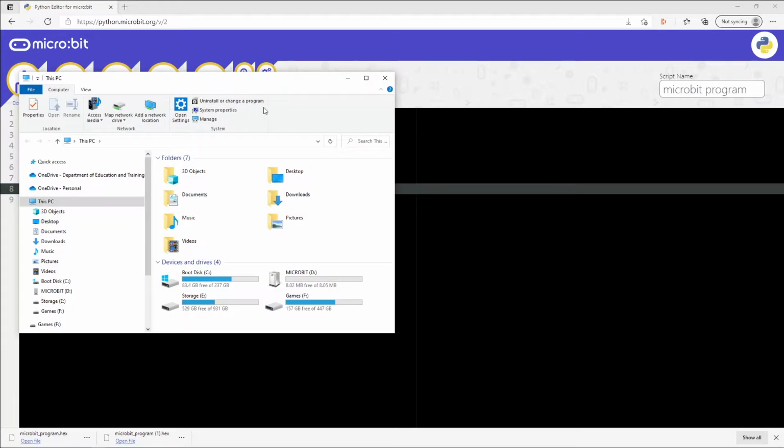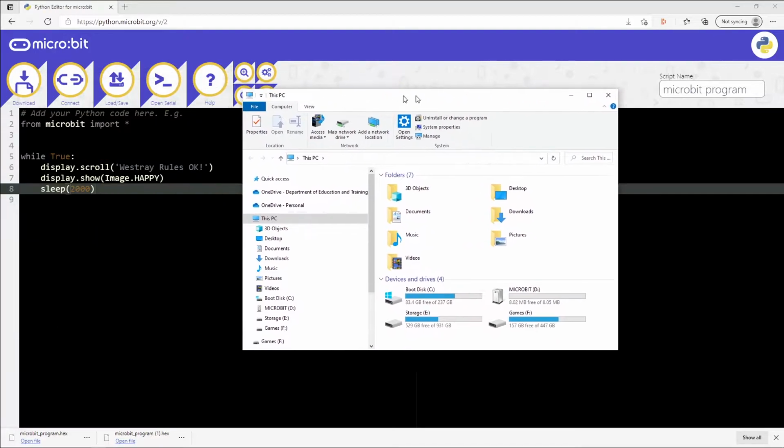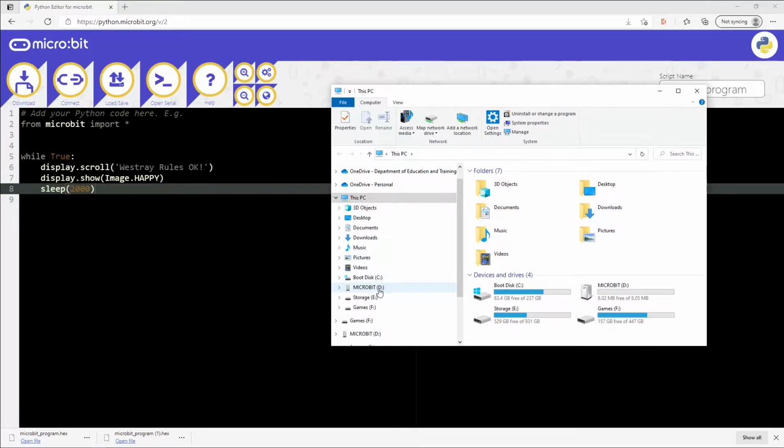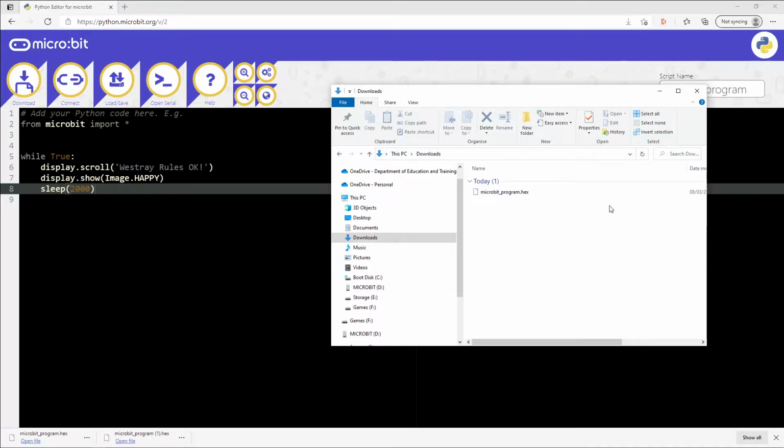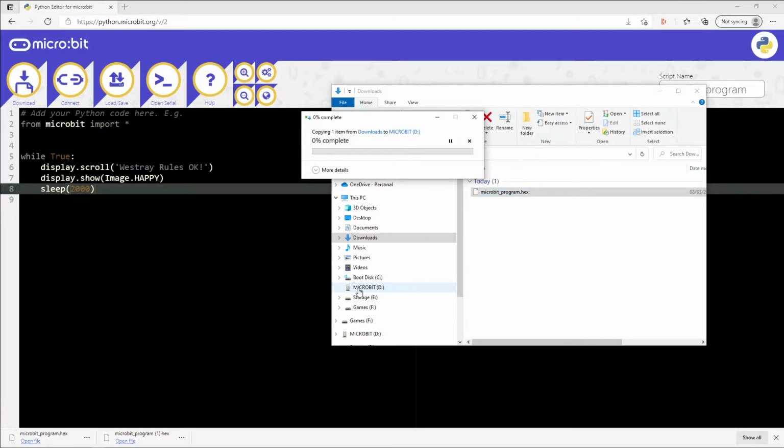So let's have a quick look. In my folders, I have the microbit connected. There it is. And all I have to do is take that program from my downloads. So I'm going to open my downloads. There's my microbit program. You see, it's the one that's downloaded. I'm going to move it and drop it onto the microbit. Now, if we go back to the